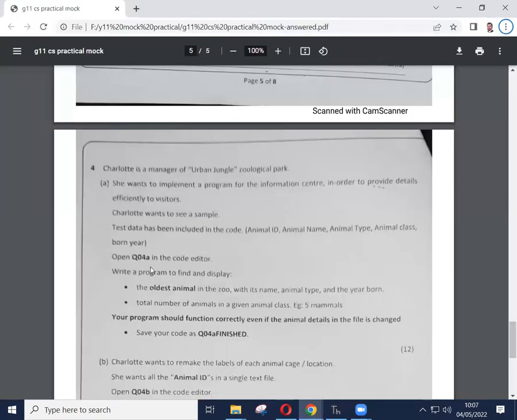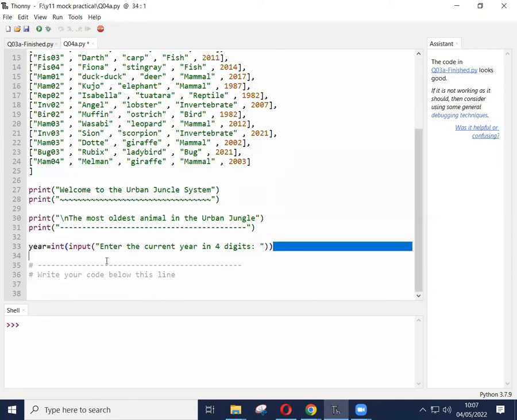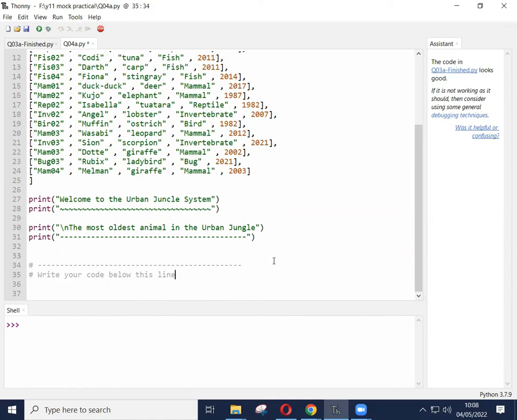So what should we do? We should find the oldest animal in the zoo and name it. Right. There's no user input, right? So we don't need this. There's no user input. Need to go through and find. Okay. Now the thing is this: